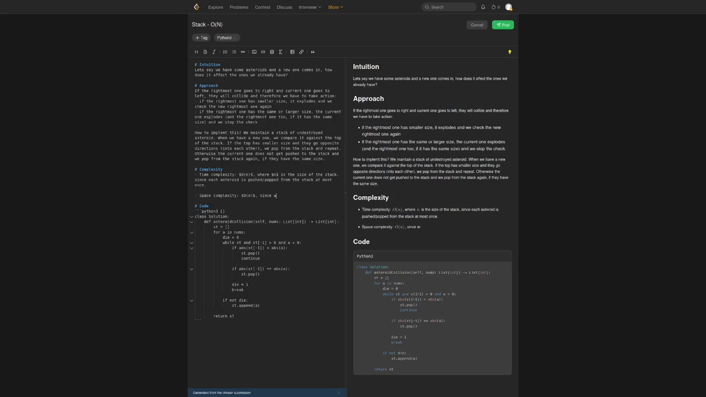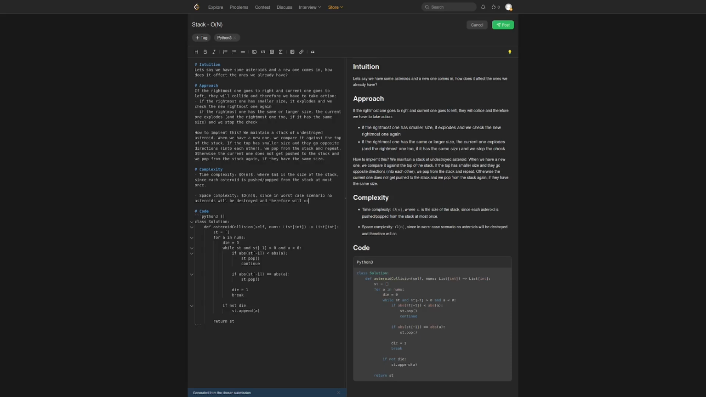Since in worst case scenario all asteroids, so no asteroids will be destroyed and therefore will occupy